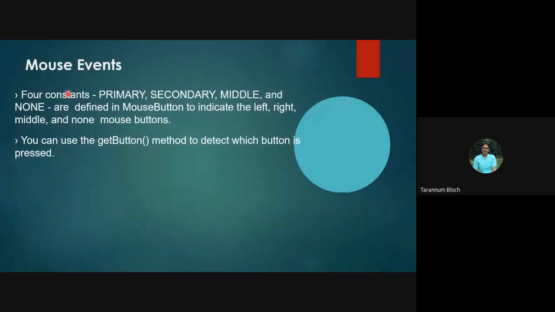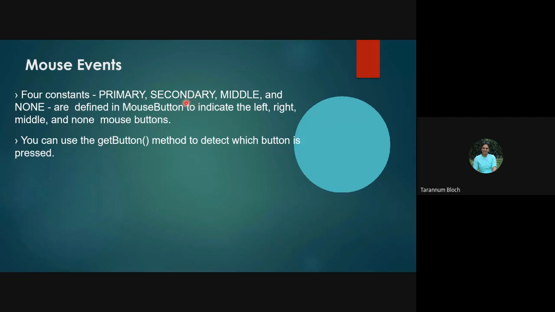There are also four constants available with the MouseEvent, which are PRIMARY, SECONDARY, MIDDLE and NONE. These constants represent which button of the mouse has been pressed. For example, primary is the left button. Usually that's the first button which we always press, so we call it primary. The right click of the mouse is always the secondary.